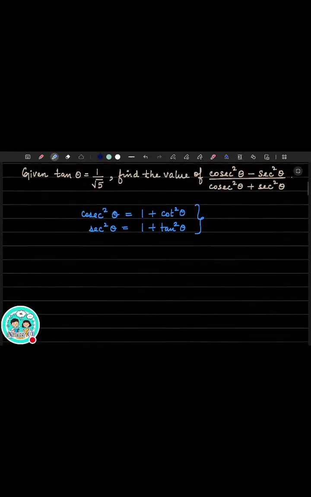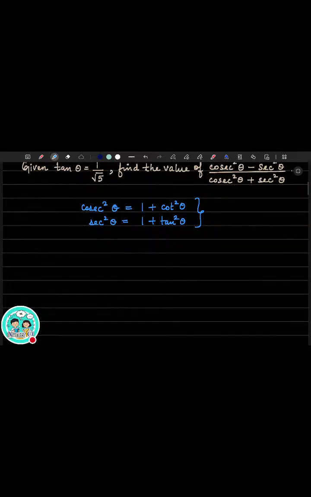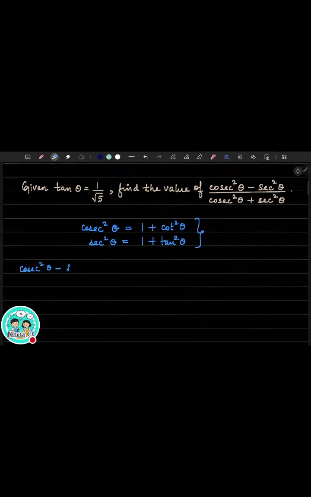Okay, so let's go ahead and do it. What you have to find the value of is (cosecant square theta minus secant square theta) whole divided by (cosecant square theta plus secant square theta). So cosecant square is nothing but 1 plus cot square theta, minus secant square theta, and because you have a negative sign, you have to put a bracket. Secant square is nothing but 1 plus tan square theta, whole divided by, the same thing happens again, cosecant square is